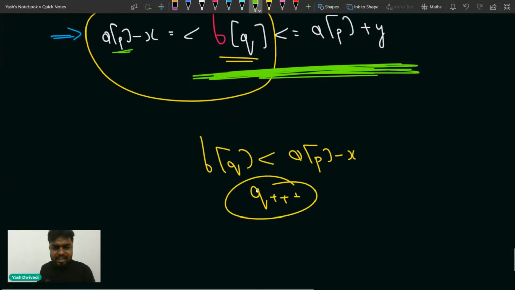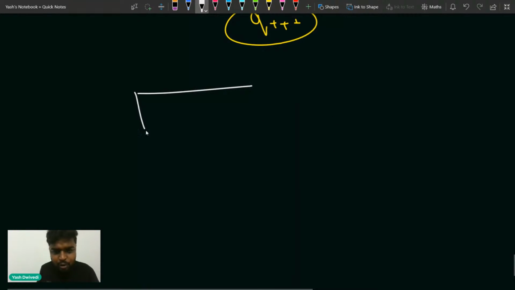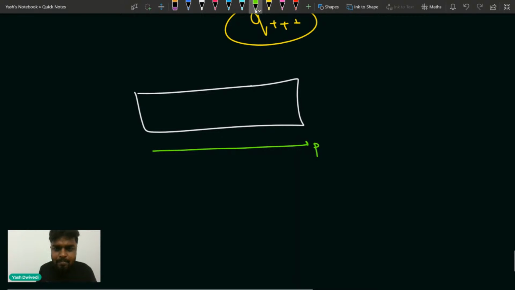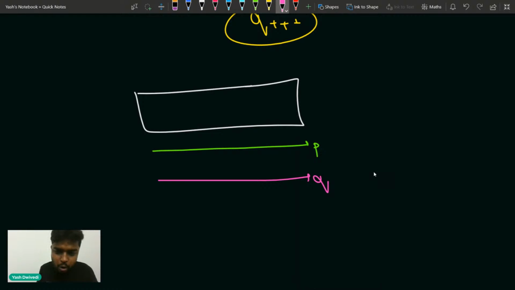And if you will see, what's the worst case time complexity? If you have got this array, in the worst case my p pointer will be iterating throughout the array, and my q pointer will be iterating throughout the array. So it will be order of n plus n. So basically, it's order of n overall time complexity.